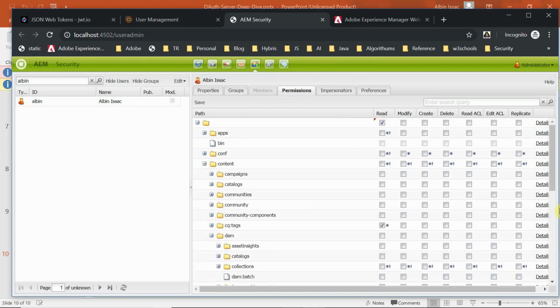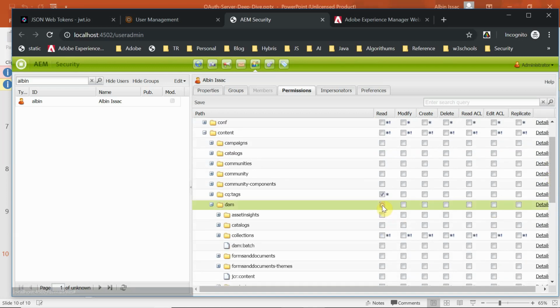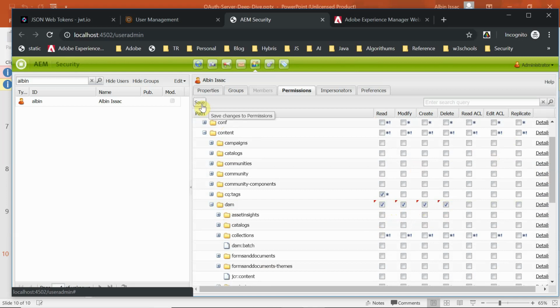I am going to use the we-retail folder, but for demo purposes I will give read, modify, then create also, then delete. These are all the permissions for this content DAM folder. Let me save this. Okay, this is done.